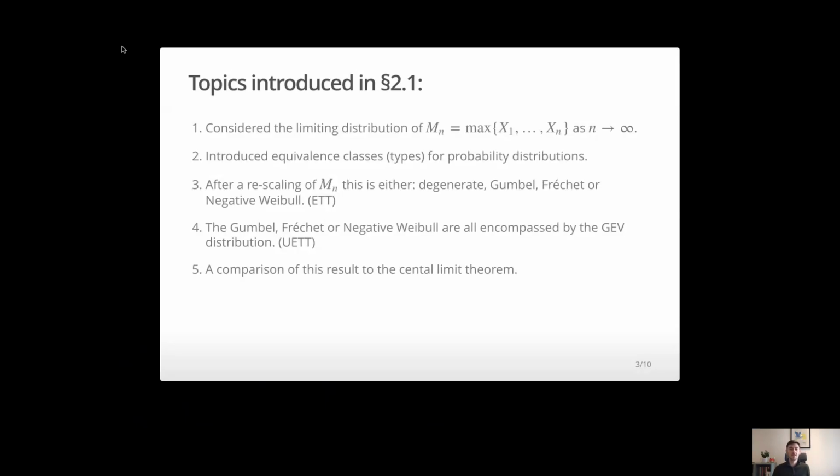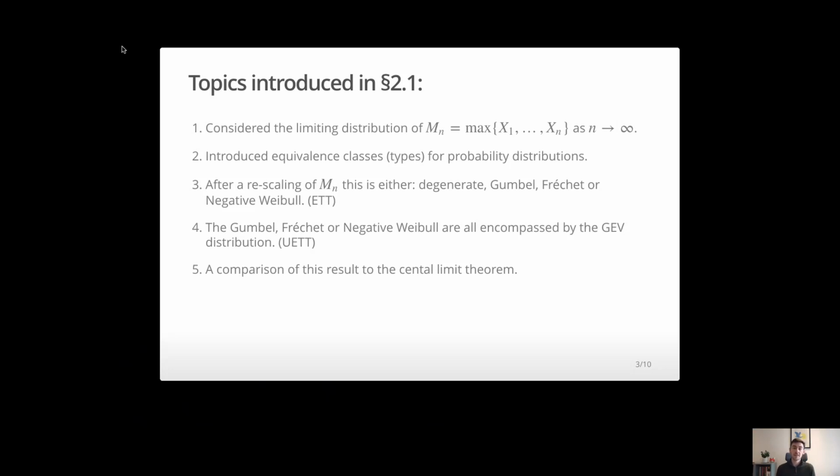So we'll begin with a summary of the main topics that were introduced. There was quite a lot of material introduced in this section. Firstly, we looked at the limiting distribution of the maximum of a collection of random variables, X1 to Xn, where these random variables are independent and identically distributed. We considered the distribution of this maximum as the size of the set X1 to Xn grew larger and larger. What we found was that this distribution converges to a point mass at the top end point of the